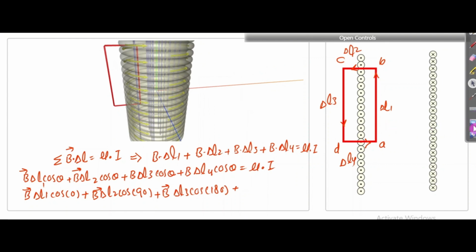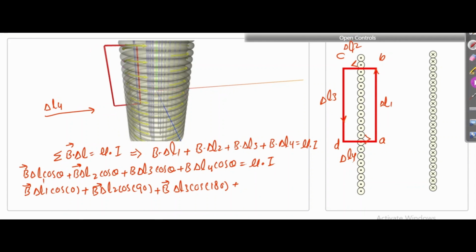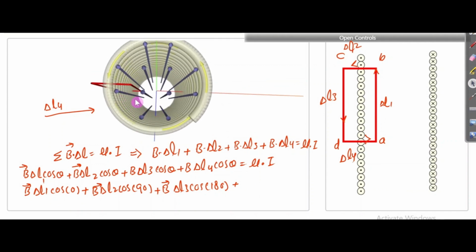So the angle here is 90. So the term for the magnetic induction and del L4 is B del L4 cos of 90, and the sum is equal to mu naught times I